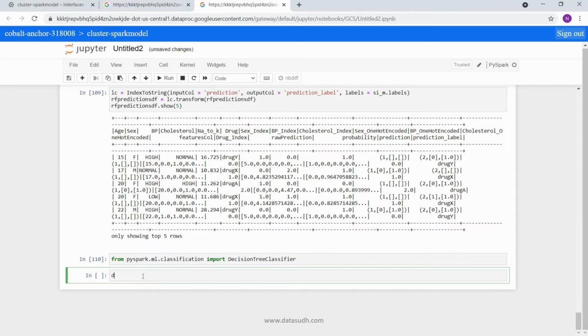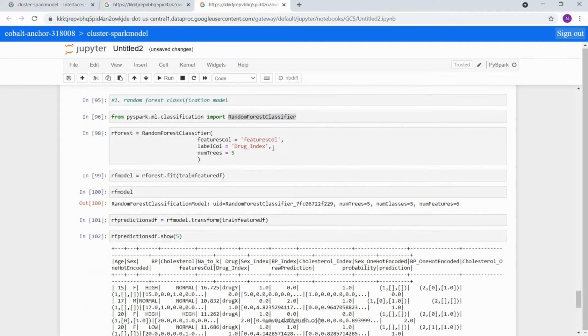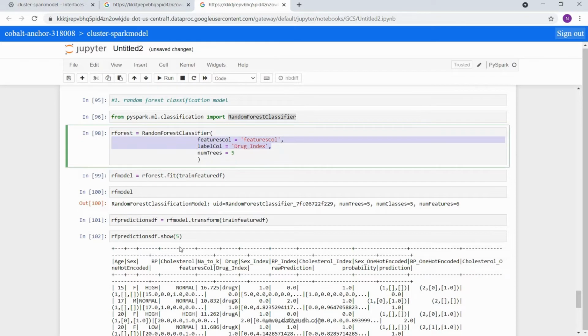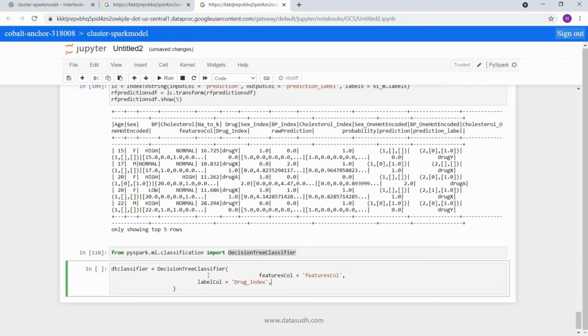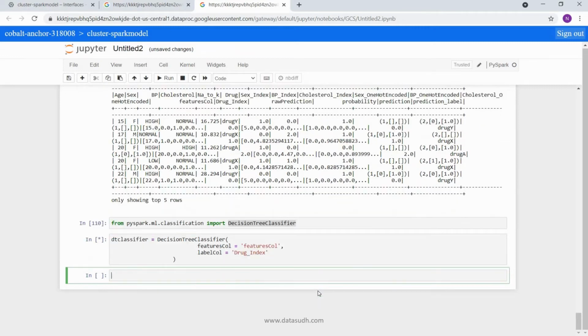Again we will create an object, use this method and pass the parameters. Our two parameters will be the same, that is the features and target column. Apart from that, decision tree also has some algorithm-specific attributes which you can use to tune it. For now we will not specify any and we will run this.